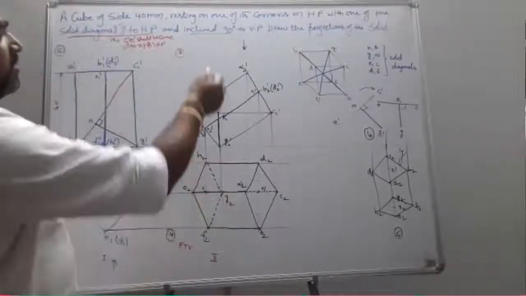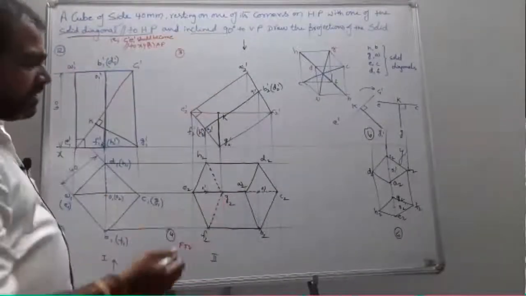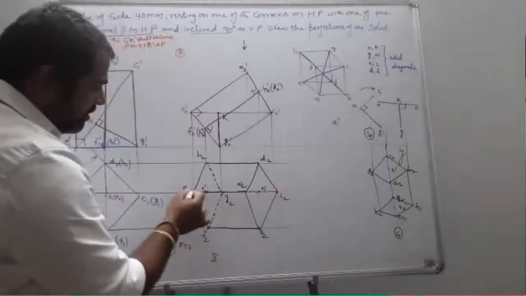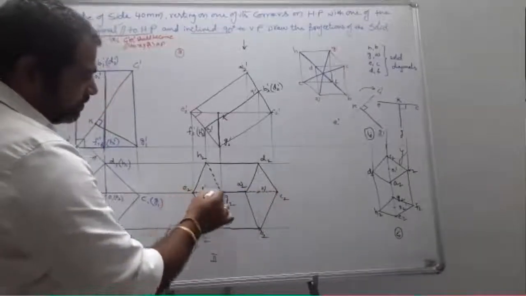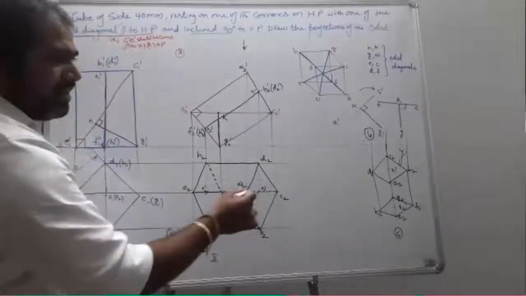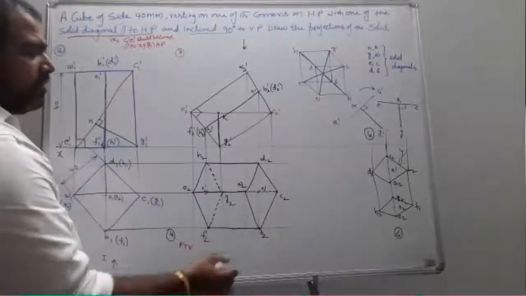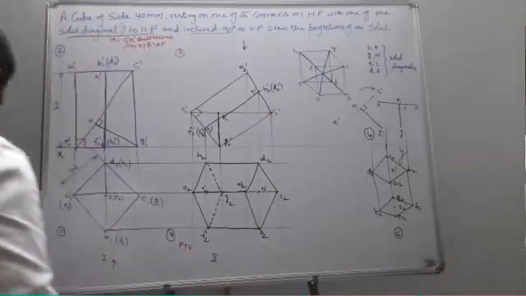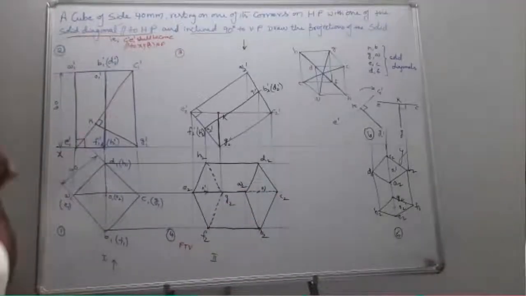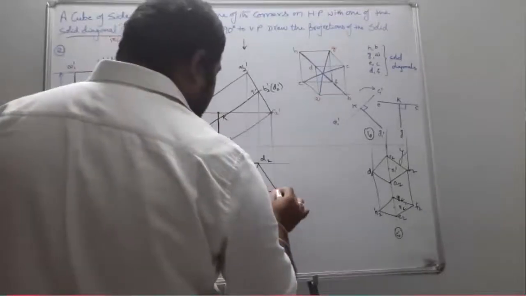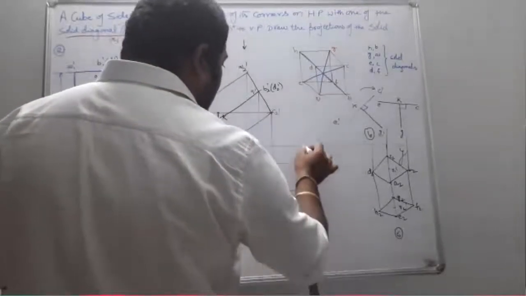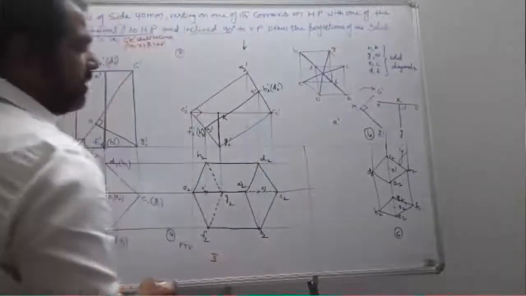But here the axis is inclined 90 degrees. That means this is your EC diagonal, and 90 degrees means perpendicular to XY. So I just extend this EC, and if I draw this line,